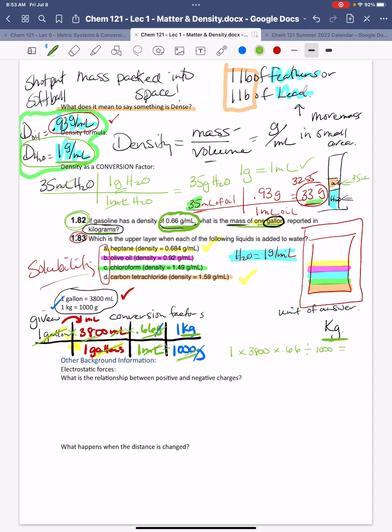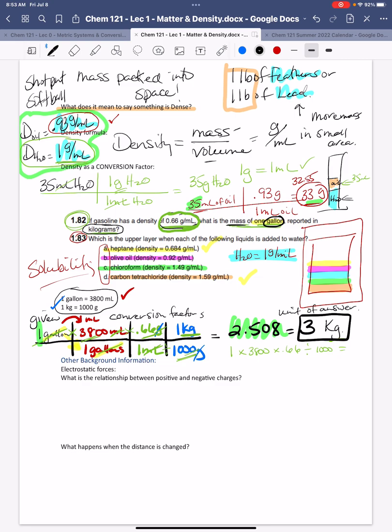Whoops, I want this to be black. Hold on. The answer I get out of the calculator is going to be 2.508 kilograms. And if we speak about significant figures, there's 1, so I only get to have one in my answer. And so hopefully you're cognizant of the fact that I would round this up to 3 kilograms, and that would be my answer.